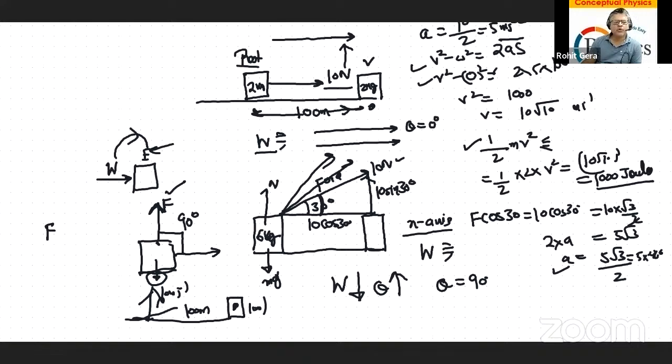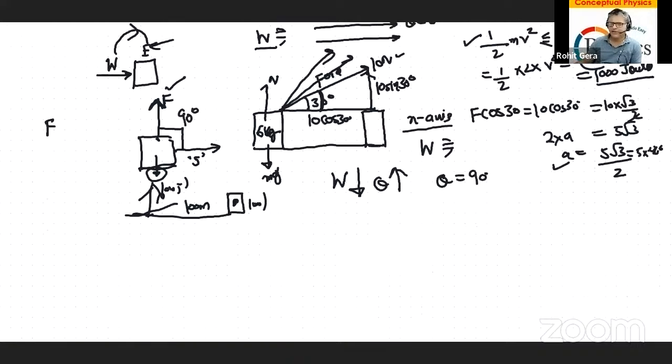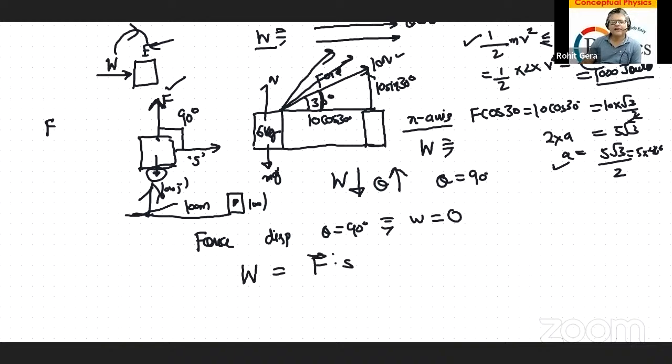The man has done no work, although he is very, very tired, because the force is applied on the block in such a way that it is perpendicular to the direction of the displacement, S. So whenever you see a 90 degree angle between force and displacement, theta is 90 degrees, the work done is zero, which means the actual definition of work done is the dot product of F and S, which means it